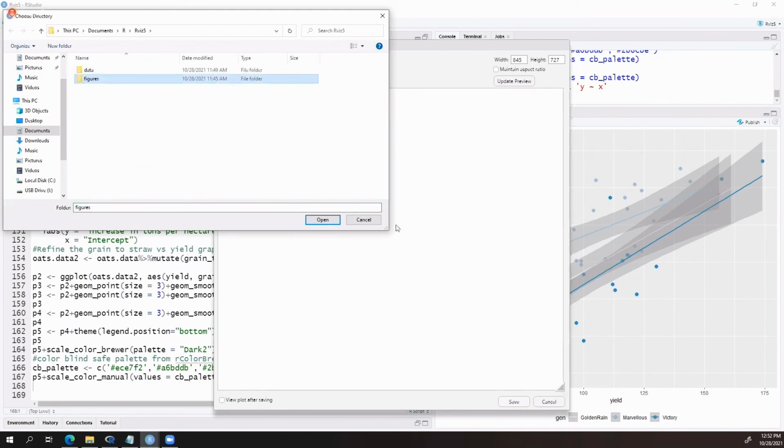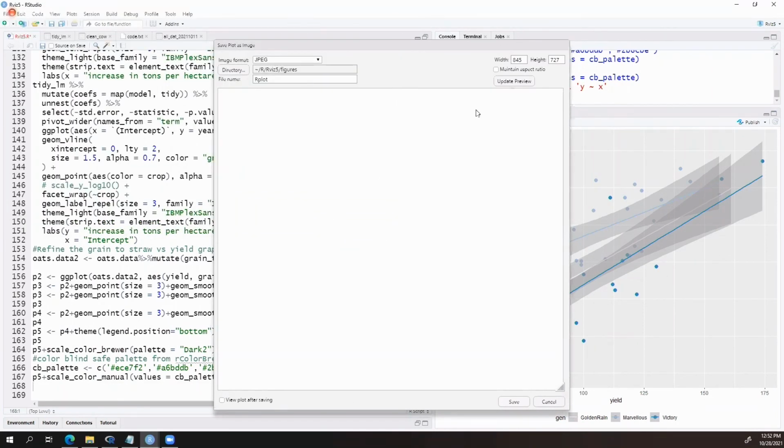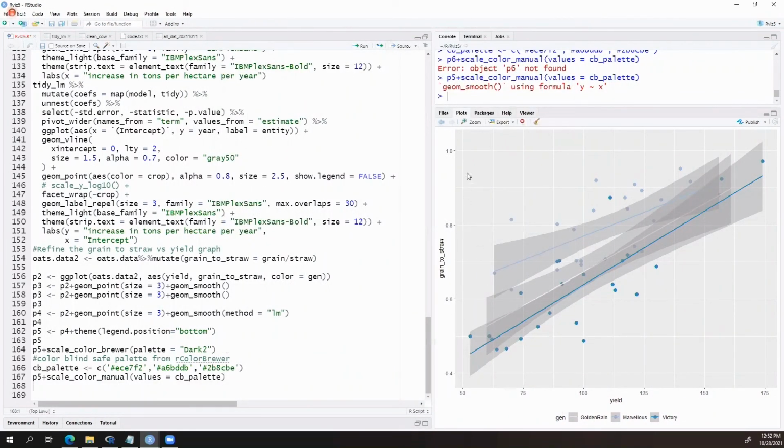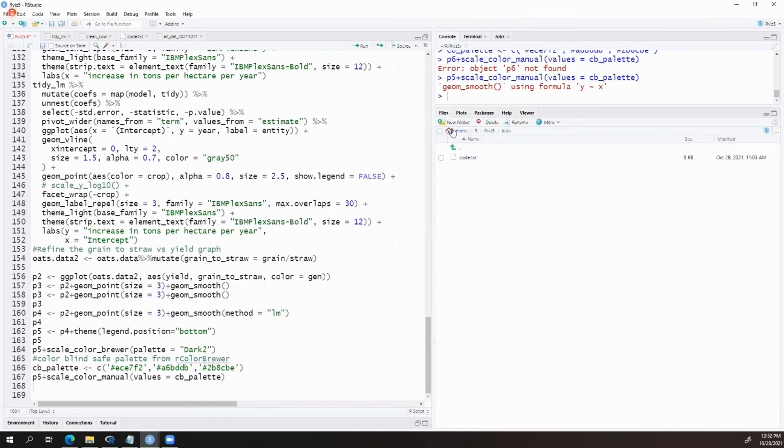And we're going to save it here. Okay, and then if we go in and look, we should have our figure saved there. It's also possible to save using a function called ggsave and save many at one time. But for today, we're just going to stop with that.